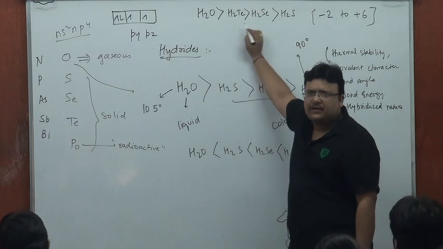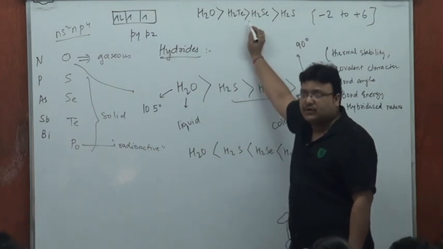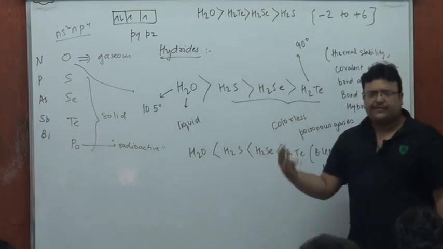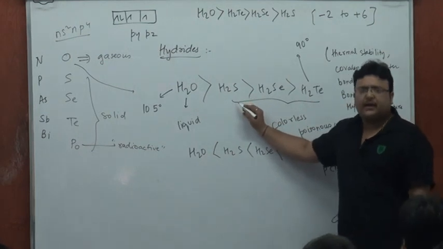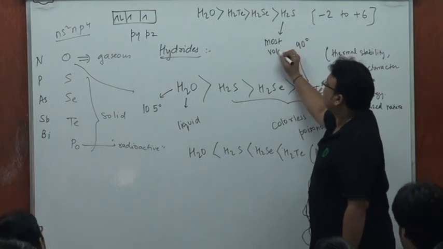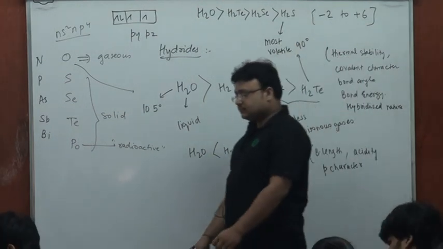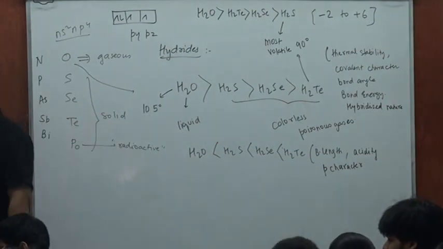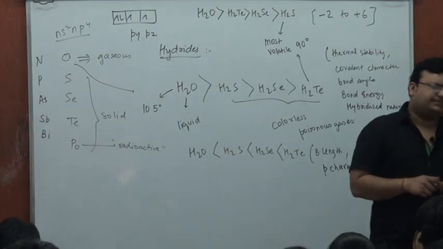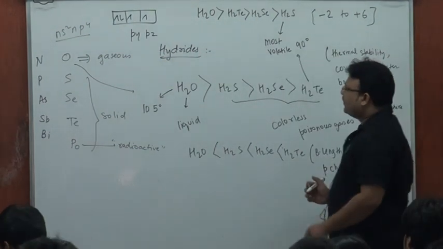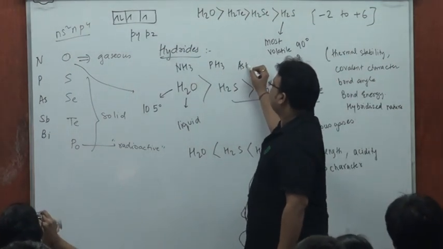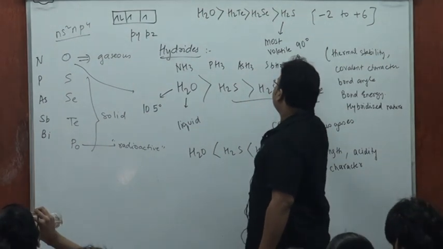and for the rest of them I'm considering Van der Waals force which is proportional to molecular weight. So the second member, the second hydride of the family, which is H2S in this family, happens to be the one which is most volatile. We saw the same for HCl, we saw the same for hydrochloric acid. Yes or no? And we are expecting the same for ammonia, phosphine, arsine, stibine, and bismuthine.